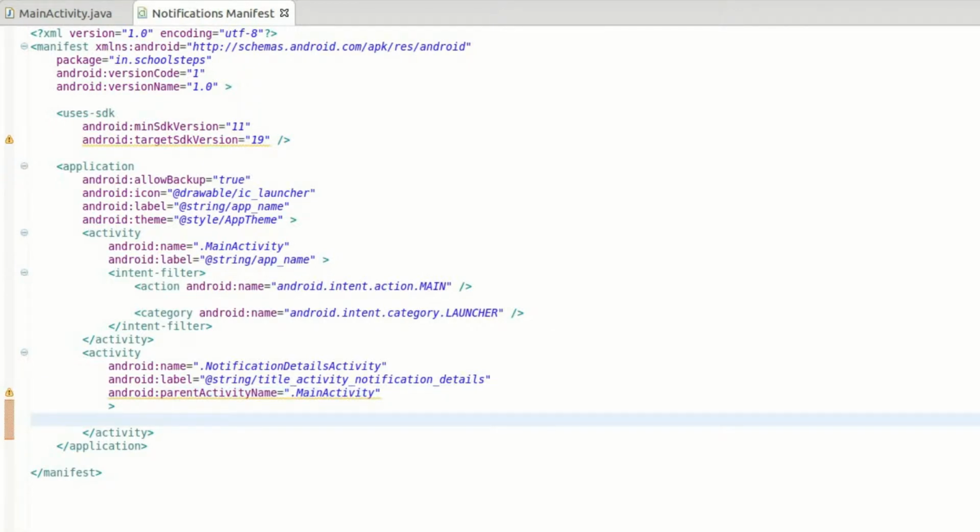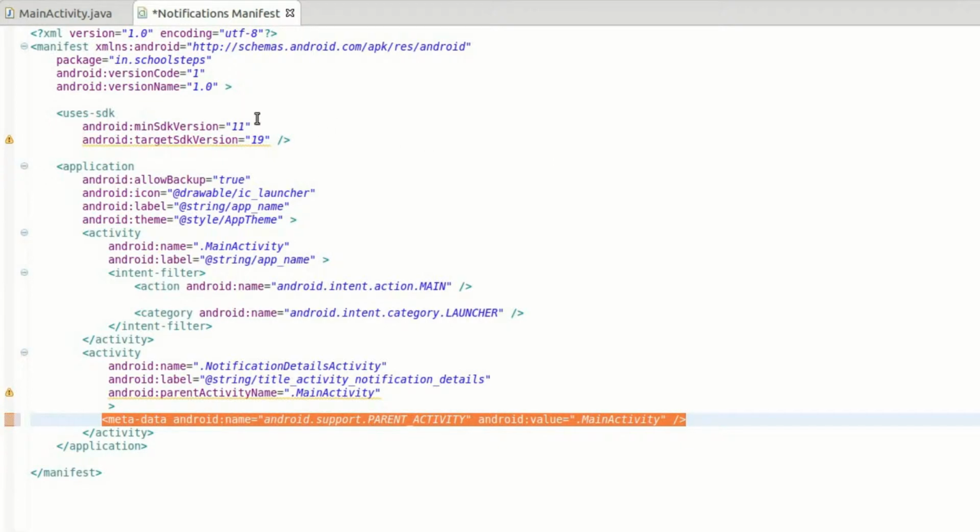The second thing you need to do is to make an entry for the metadata tag. We have to do it right here. The metadata says android:name is equal to android.support.PARENT_ACTIVITY and value is again .MainActivity. This particular line works when your API level is below 16.